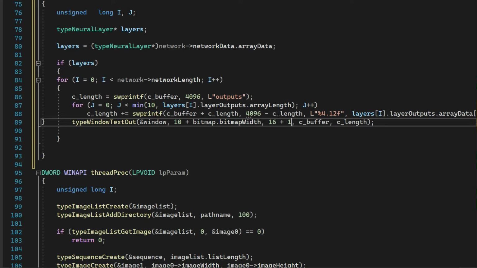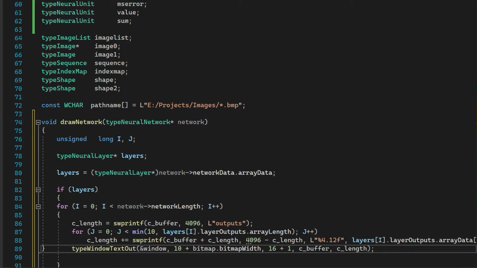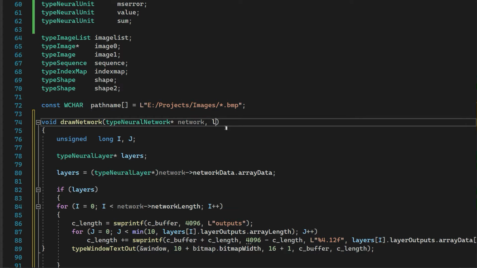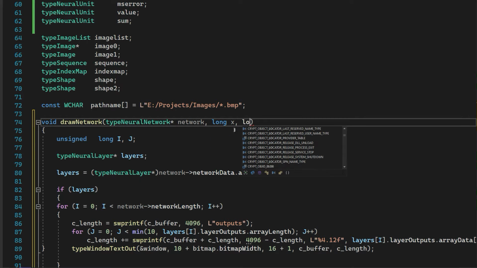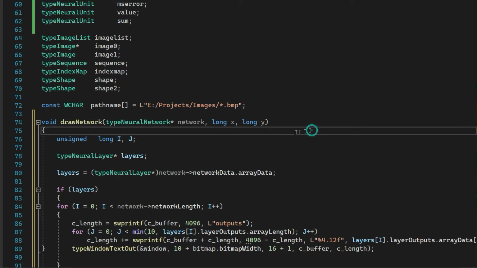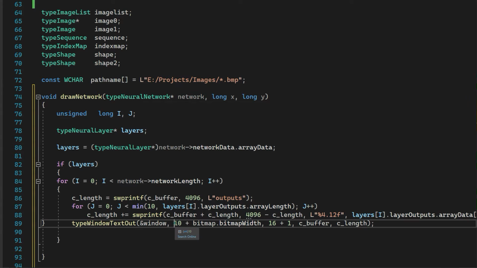Ten plus 10. Okay, we need to know where we're going to draw it. Draw neural networks. Long X, long Y. Okay, it's X plus... oh, what am I doing? Oh, it's X here. The X value is just the offset. Y value, Y plus,